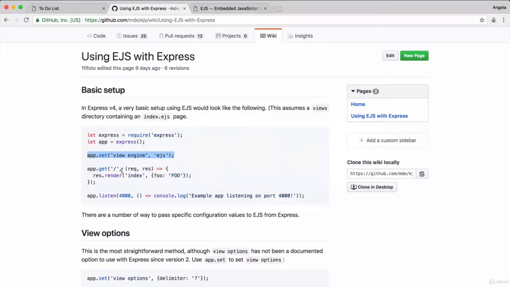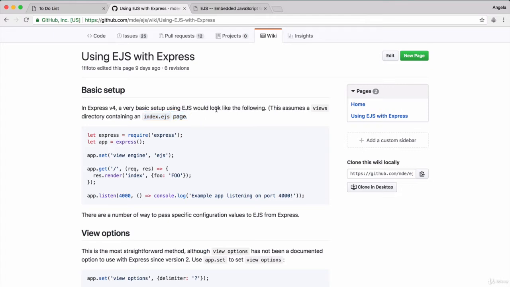Okay, so let's check back here to see what else we need to do. We've already got our app.listen set up, and we've already got an app.get on our home route. Inside the callback, they're using a new method called res.render, and this uses the view engine that we set up here to render a particular page. In this case, we're rendering a page called index, and that will be an